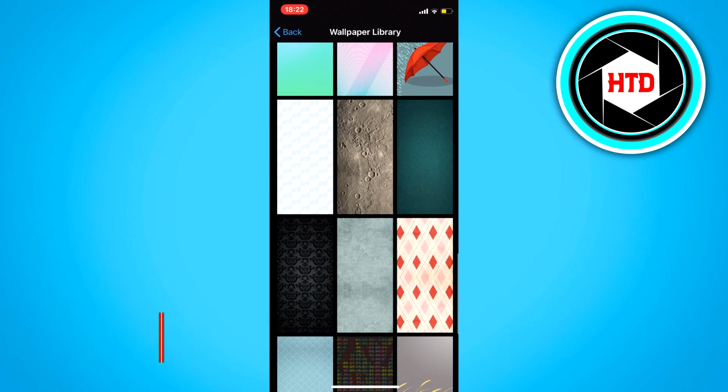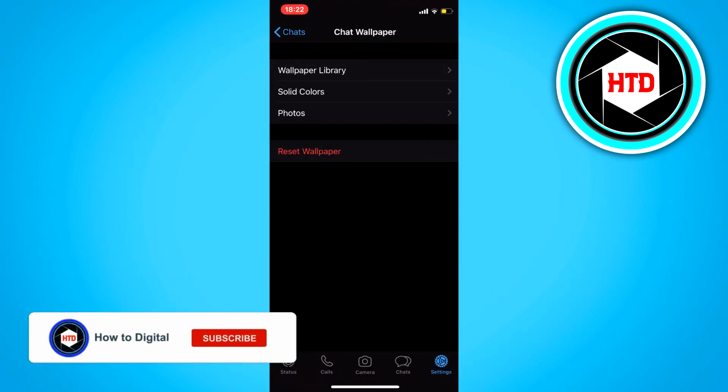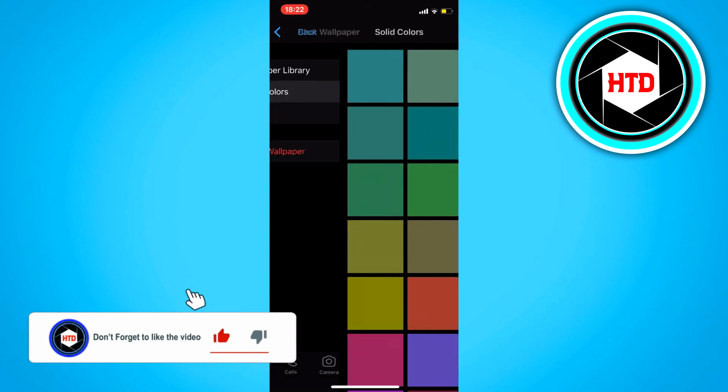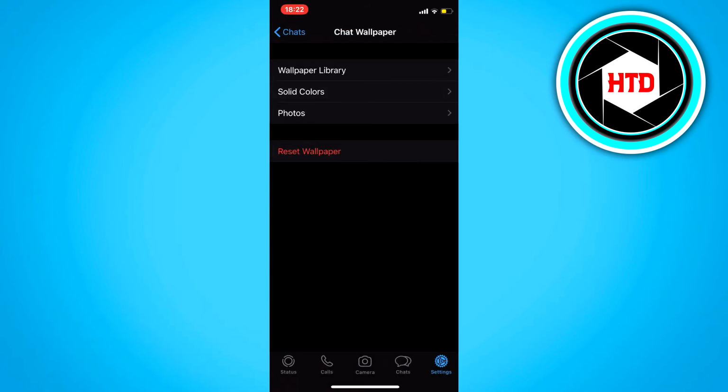These are some default WhatsApp photos you could choose, or a solid, so that's just a color, or you can select a photo of your photos. So I'm just going to click on that. For example, I can just go to my screenshots, for example, and just select